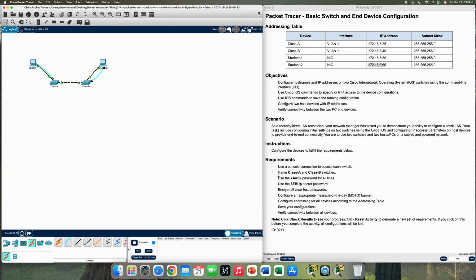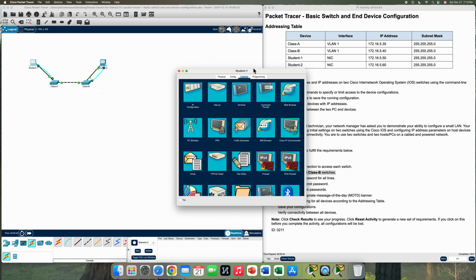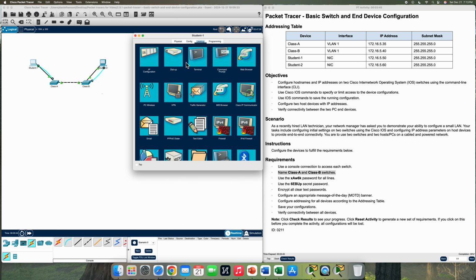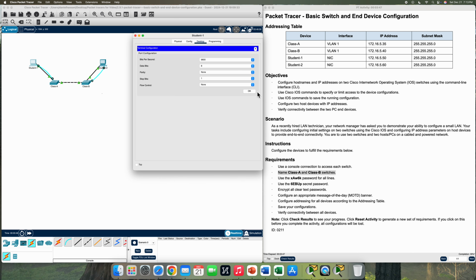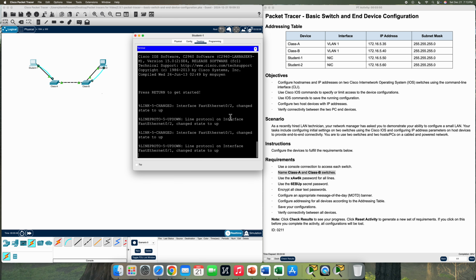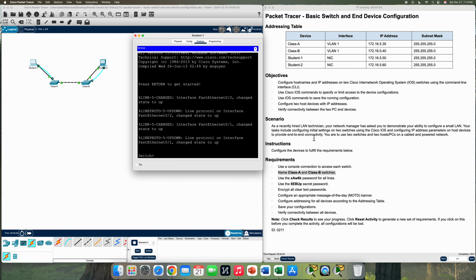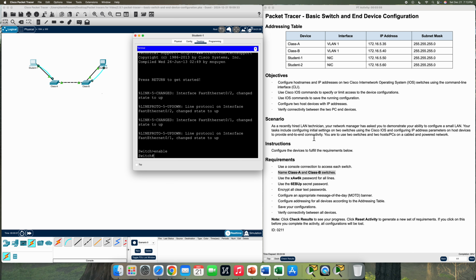So let's go ahead and we'll start with Student 1, so we'll be configuring the Class A switch. And we'll just go through all these requirements here. So click on Student 1. We'll click on our terminal here, select OK. Scroll down, press enter once. Next we'll type enable, then config T,